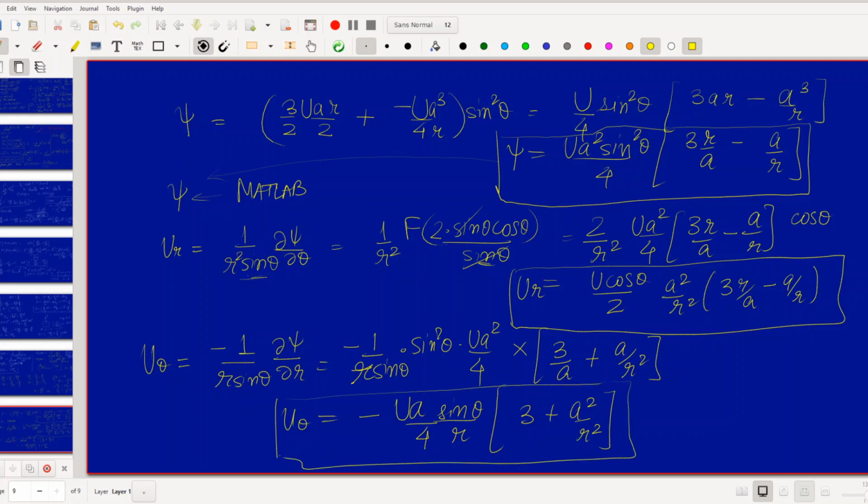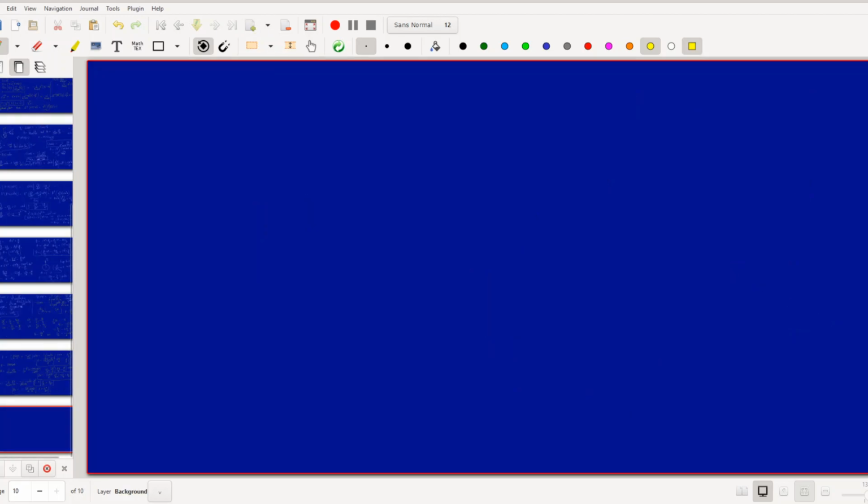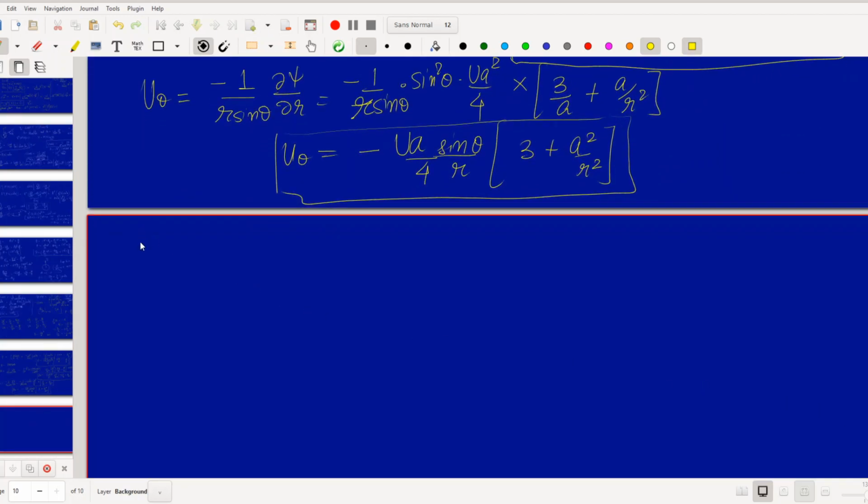So good, we have derived the expressions for the velocities, the stream functions. So how do you find the expression for the pressure? Okay, so let us just recall. I mean, you know how to do this already by now. So the pressure was equal to minus mu nabla cross the vorticity, and that's it.